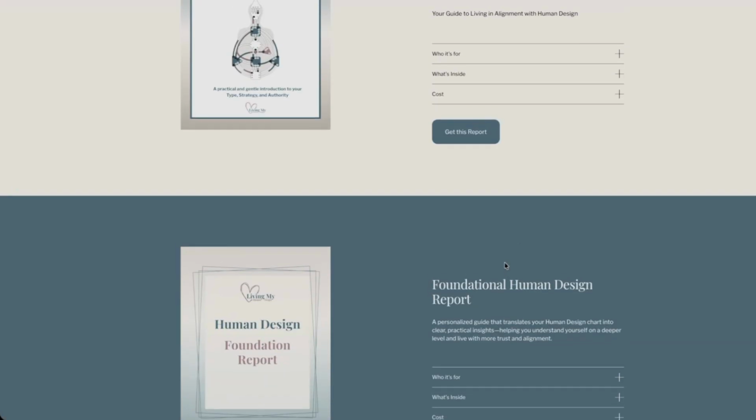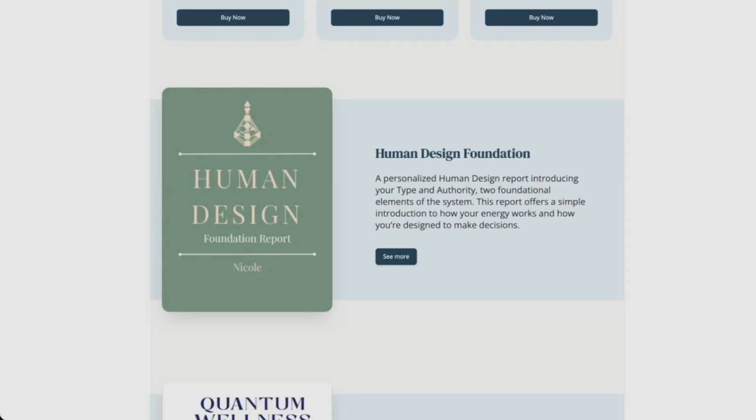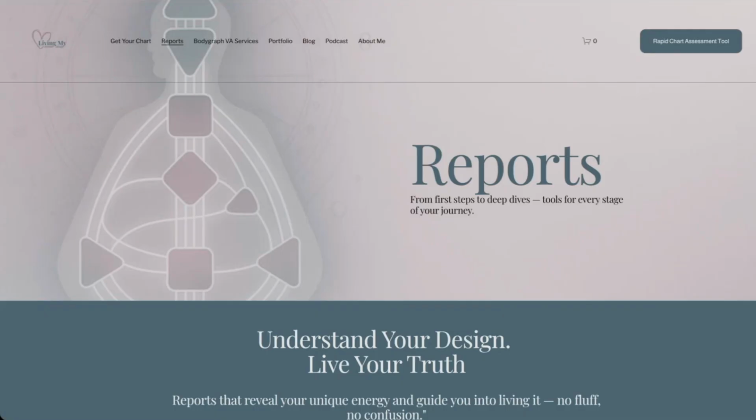But say I want to have Bodygraph host all of my report sales, then I just go to my website builder, like my website's on Squarespace. So I go into Squarespace and I make this hyperlink my Bodygraph website hyperlink. So I'm going to copy and paste this into this hyperlink. So they'll be at my main web page, but when they click on this reports link, they're going to be